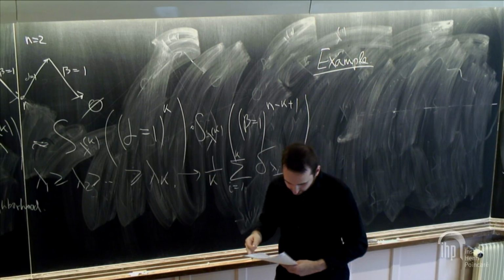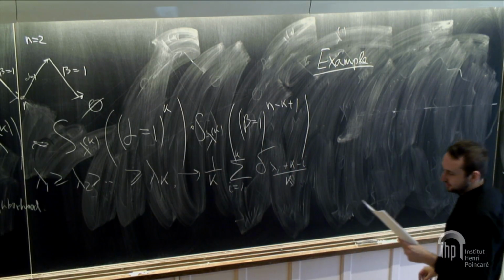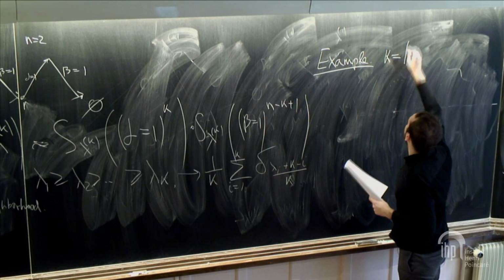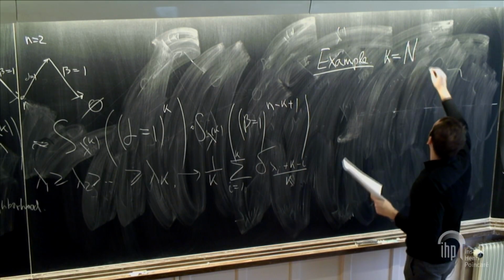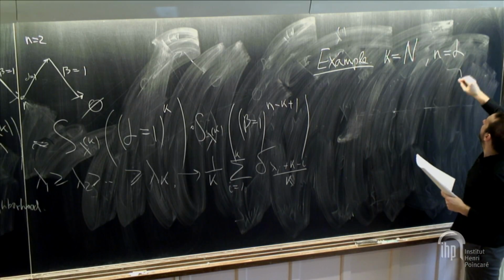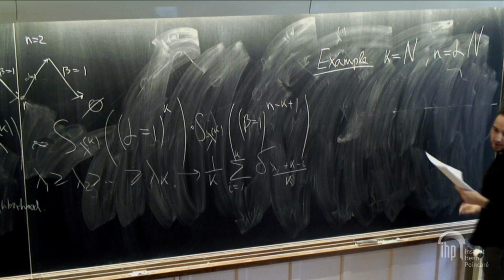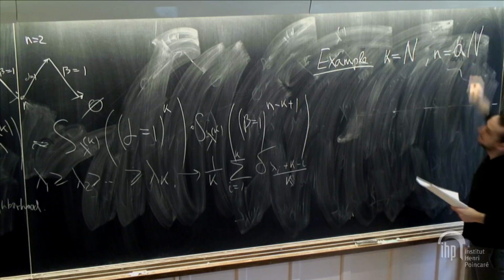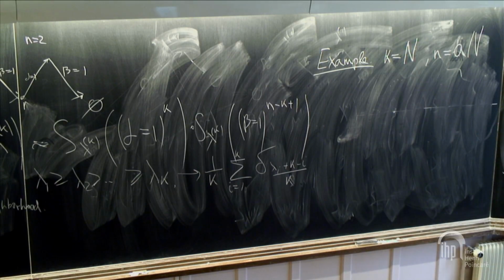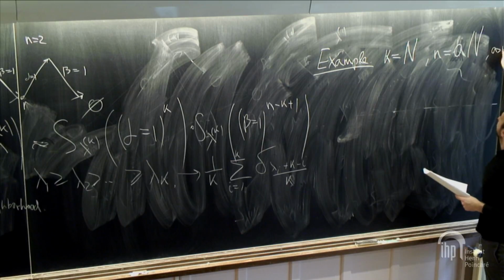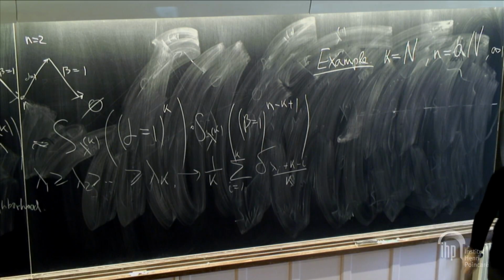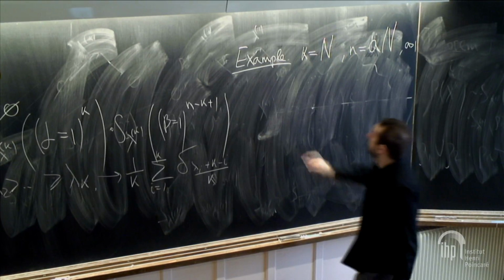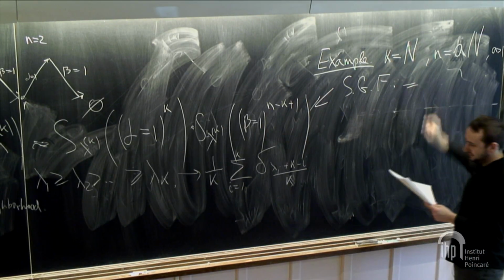OK, so we'll take this measure. So let us identify the notation. The k will be a large n, and the small n will be some parameter alpha multiplied by the large n. Maybe alpha is a bad letter because I already had it. Let's have a. And this a will be greater than 1, just because small k was smaller than small n in the very beginning. And I claim that the Schur generating function of this guy is equal to